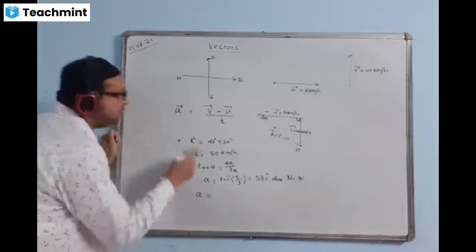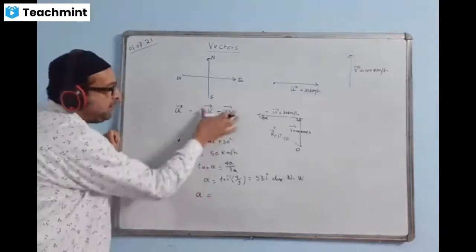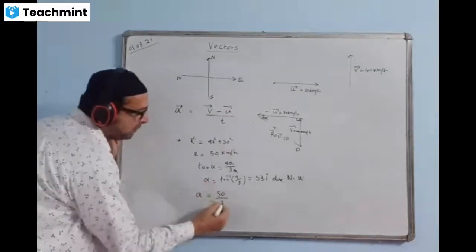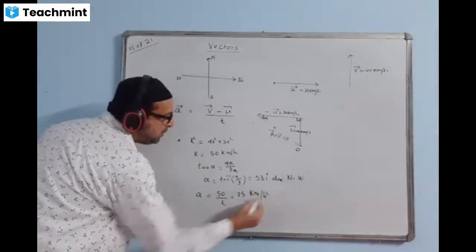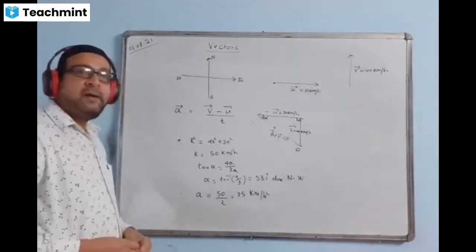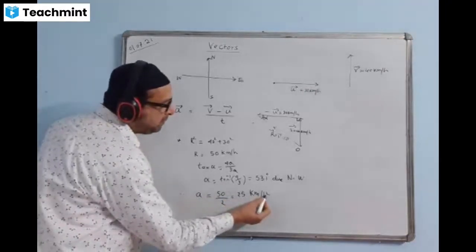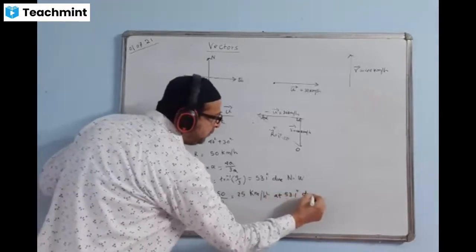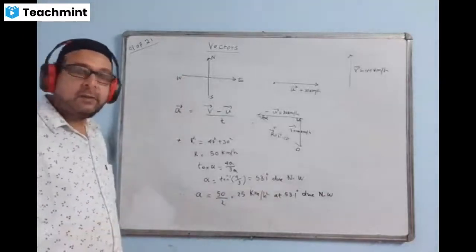Now I'll find acceleration magnitude. Therefore, acceleration A value will become magnitude. I am finding now A magnitude, V minus U by T. V minus U magnitude we are getting 50. That is 50. What is that timing given? 2 hours, right? 50 by 2, answer is coming 25. Unit you will give now kilometer per hour square. Because the values are given in kilometer per hour, so the unit will be kilometer per hour square. If it is given meter per second, we write meter per second square. A value will come 25 kilometer per hour square and direction is this one. You can write here at 53.1 degree due northwest. This is answer.